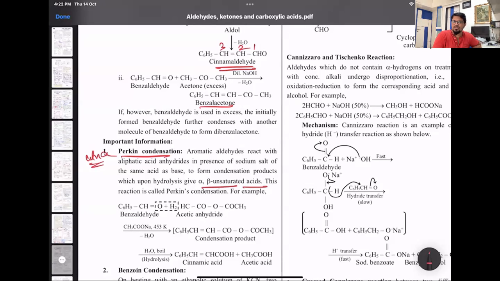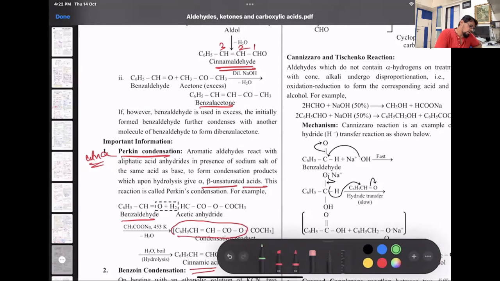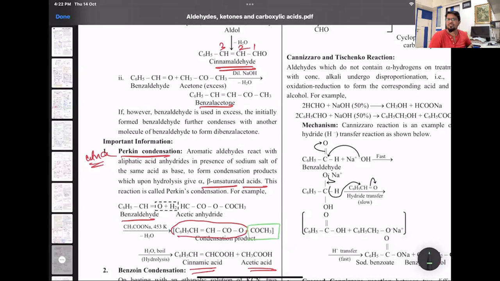So what is the part to be understood here? C6H5CH, that comes from benzaldehyde. Then double bond CH, that's cinnamic acid, and acetic acid. It forms two acids, because with acetic anhydride it forms an intermediate compound, C6H5CH and then CH3CO. So this part, C6H5CH double bond CH, COOH, all right, this entire part will be one acid. That's cinnamic acid. And the second acid it forms will be acetic acid.